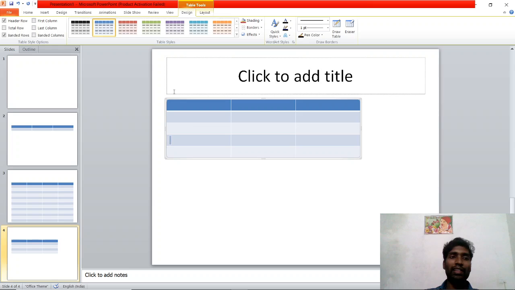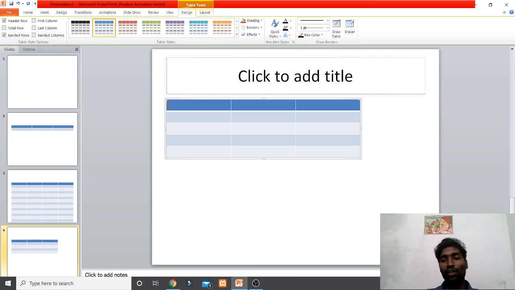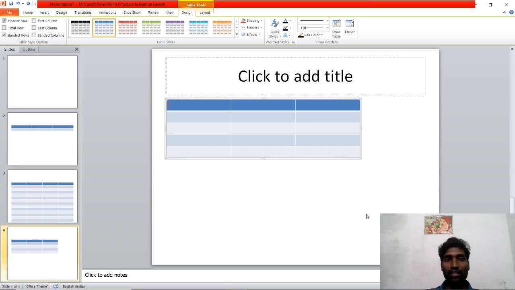To modify a table, there are so many ways. All these things you will understand while doing practicals. And now, designs are there. Here there are designs. All these designs we can see in our next class.